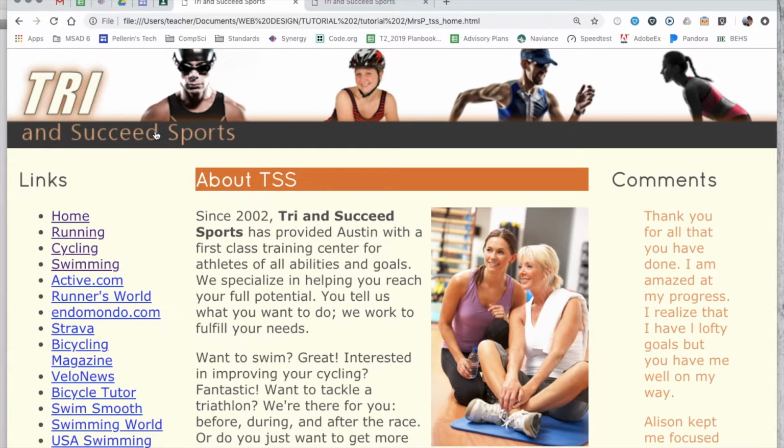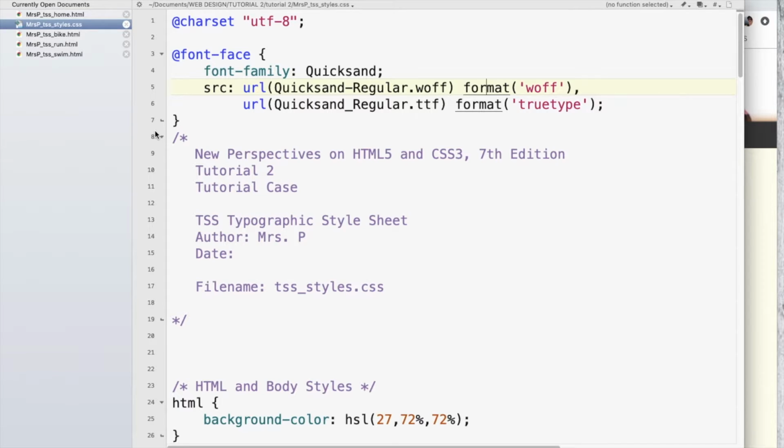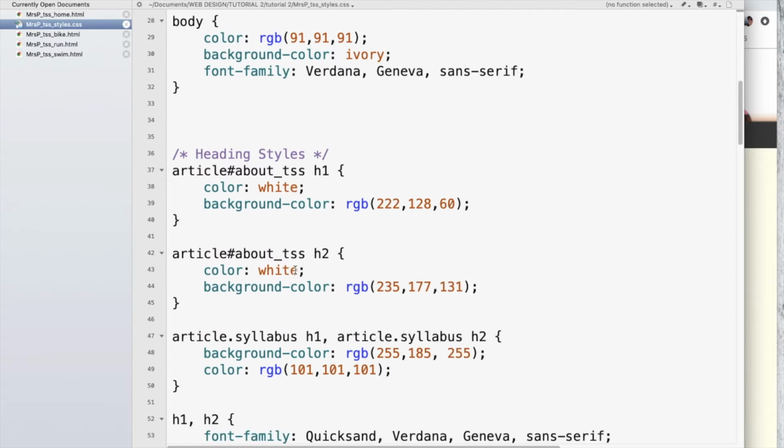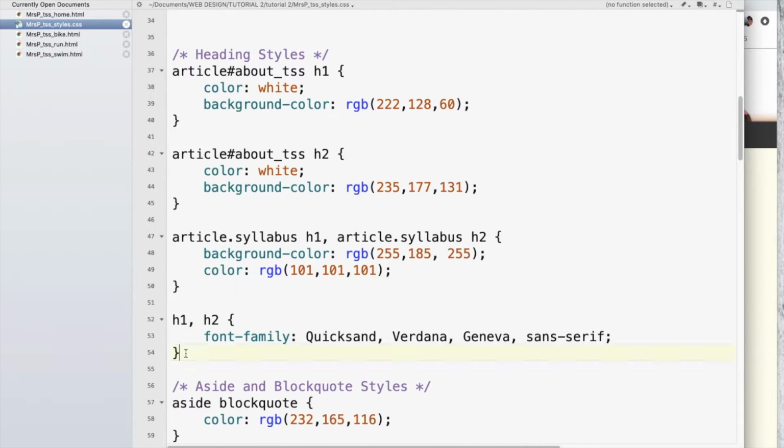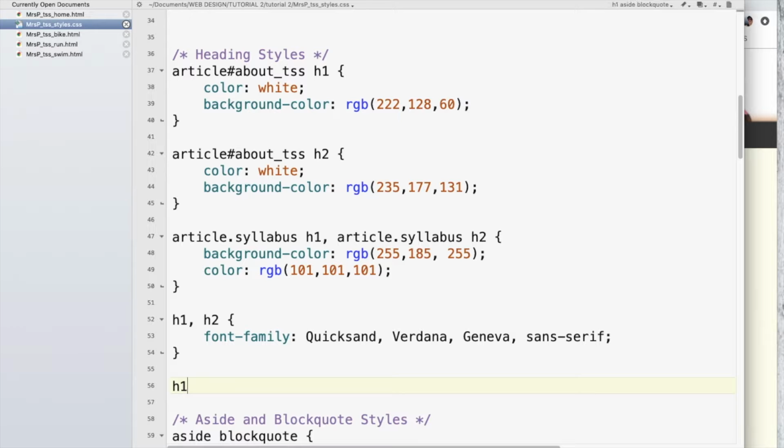All right, so we've changed the font. We've added some colors to the font. Let's change the size of some fonts. There are a couple of ways that we can change the font sizes. We're going to use the ems, just a sizing scale. So let's go into our heading styles,